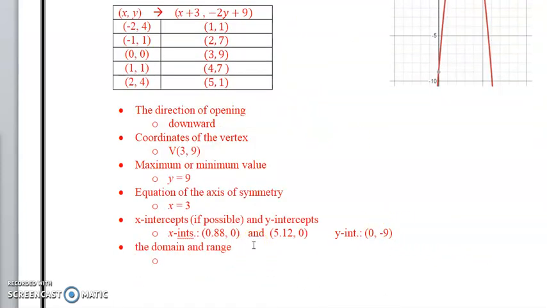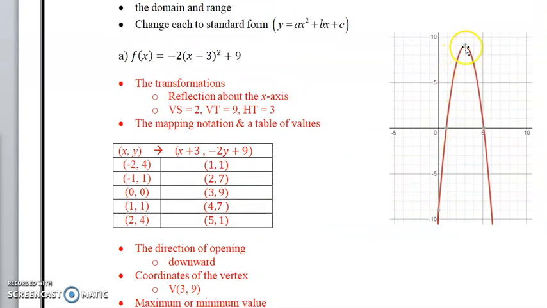Domain and range. The domain for this particular graph is going to be x is an element of the real numbers. It's not a word problem question where it has to stop and start. So there's your domain, and your range is obviously, if you look at your graph, all you need to do